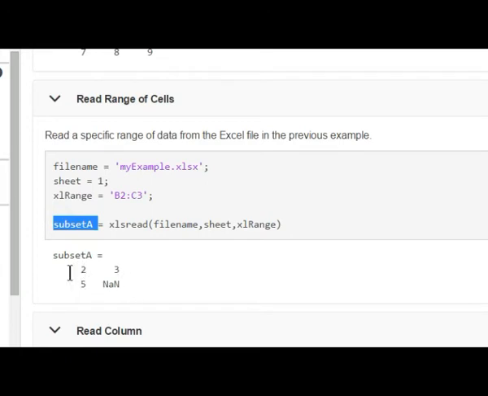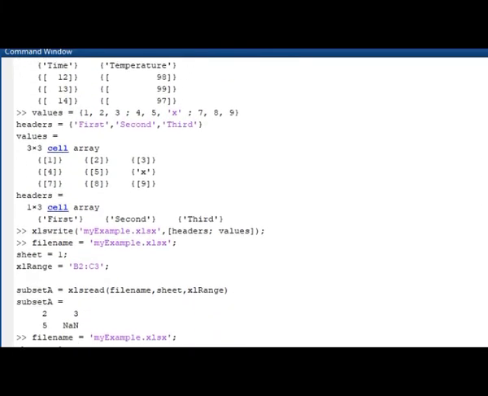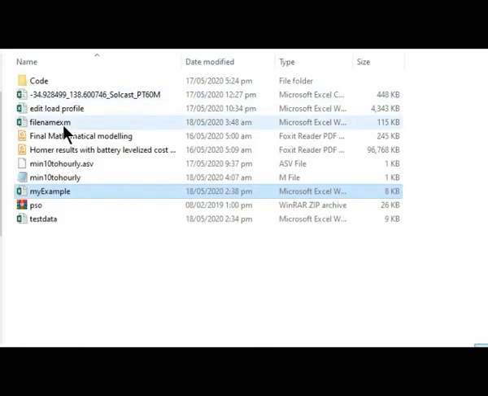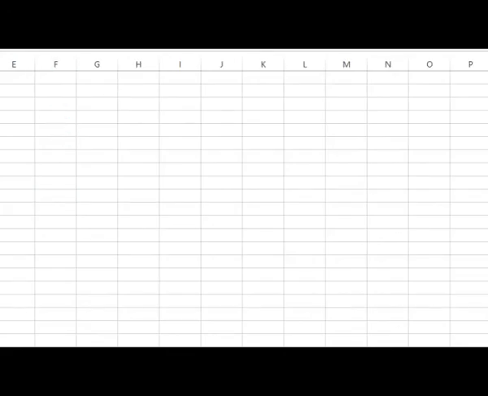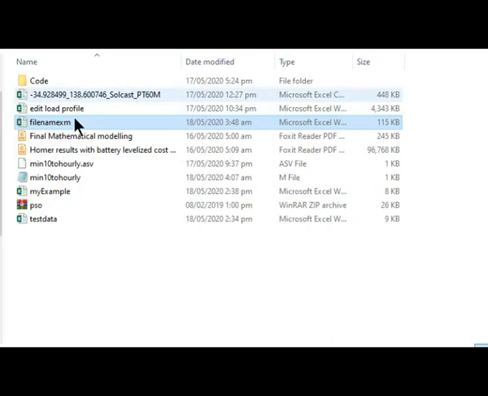The data will be stored in subset A, that will be 2, 3, 5 and NaN. The same has been written here: 2, 3, 5 and NaN. This data has been accessed from this file name, and the sheet is Excel lead. If you see here, the same file is here.